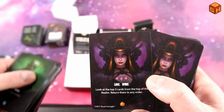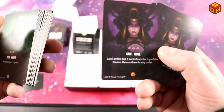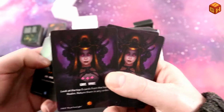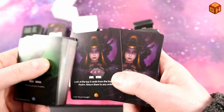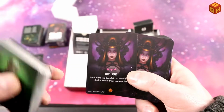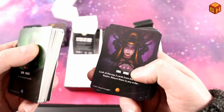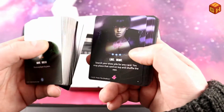If you attack, then you take the top card from your draw pile and put it in the opponent's despair pile, and it's face down, so you don't know what it is unless you know exactly what is on top of your draw pile. And then you know how many despair they have, and at a certain number of despair, I believe 5 at least, you can call your despair pile that is in your opponent's area, and then flip them over and you count up the number of points basically, and if you have 5, from the top of my head, it's been a while, then you gain 1 dominance over the other player. That's basically what that...